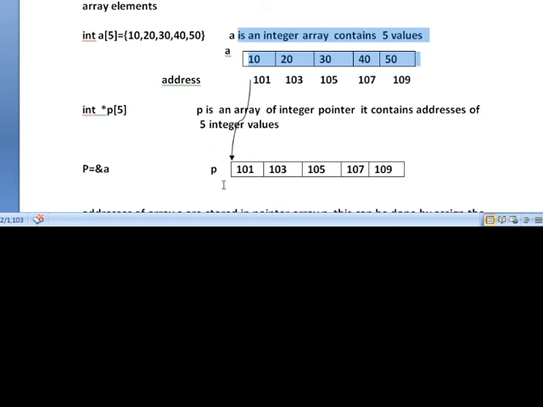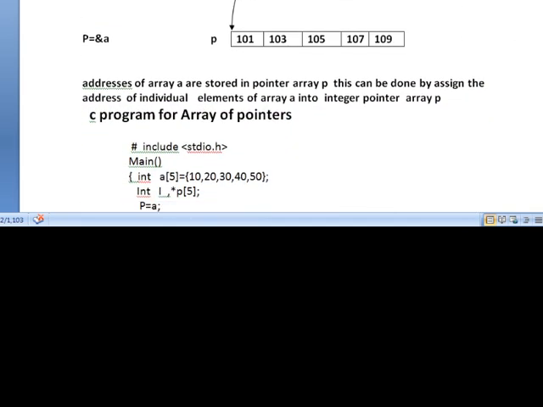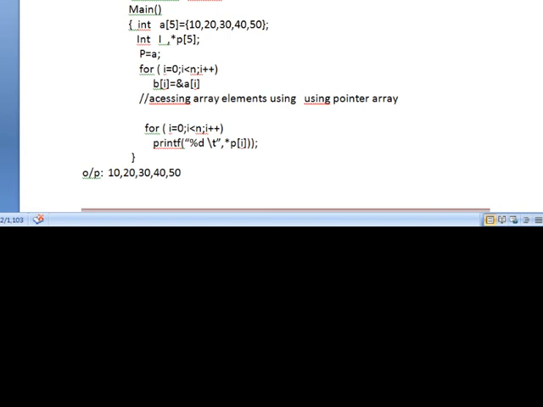Now this pointer array contains the addresses of this normal array's elements. That is the meaning of array of pointers. Now we have to access the array elements using the pointer array. A is a normal array, P is a pointer array. Now how to access using the pointer array, you will see.